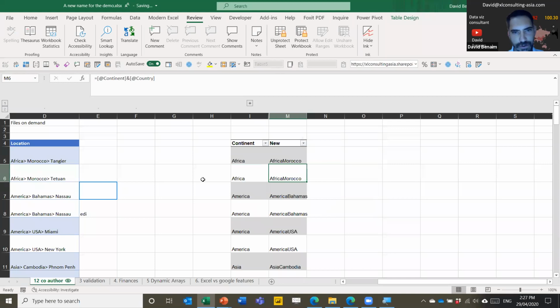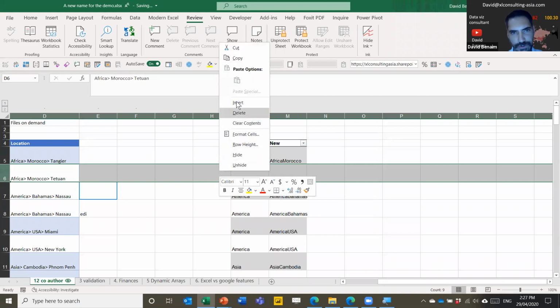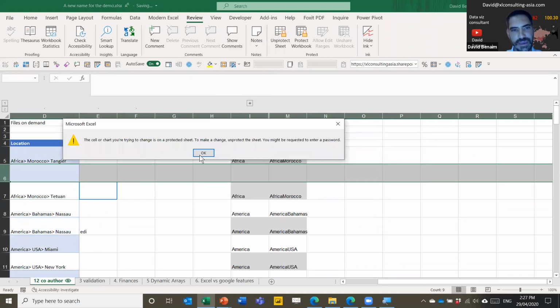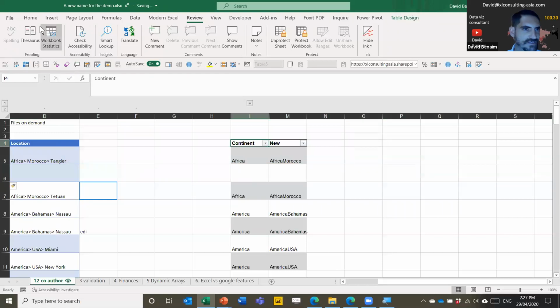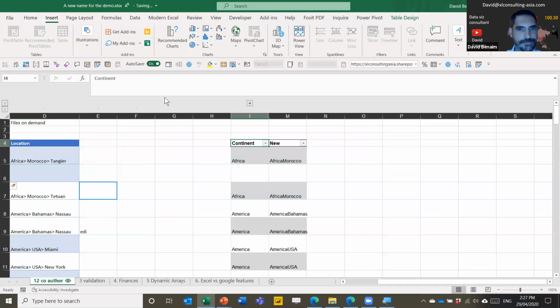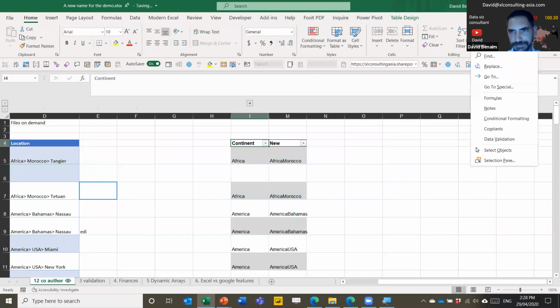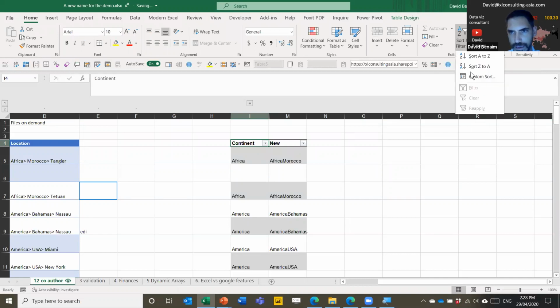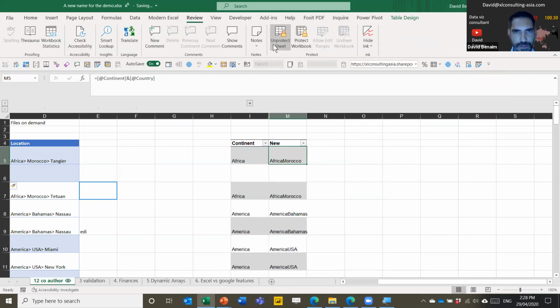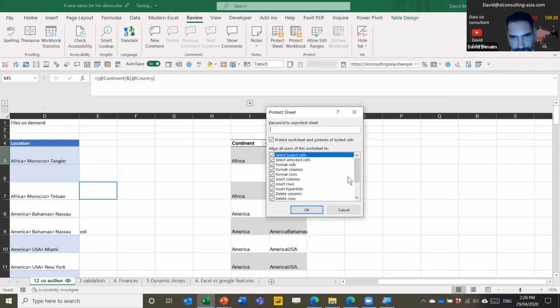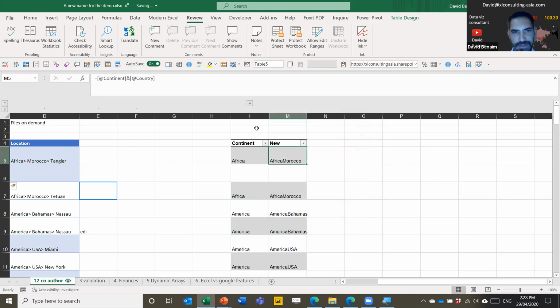But what I find quite annoying is that there's a lot of things that people can't do. So for example, if people want to insert something here, it tells them they can't do it. They want to build a pivot table, it's grayed out. If they want to toggle filters on or off, it's also grayed out. So even though I ticked all the options, including the ones that said use filter, use pivot charts, and insert columns and rows, it still didn't actually let me do it. And grouping isn't allowed either.